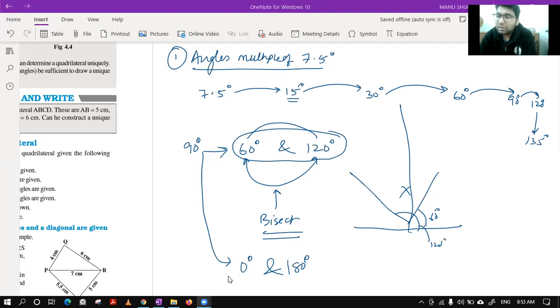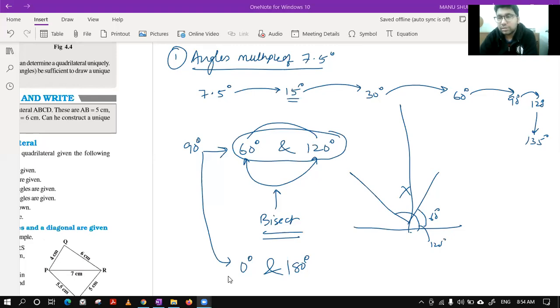Yes, Ananya, but the issue will come in making those two angles. You have to choose those two angles which are easy for you to make also. You can't take any angle. You can't go for 1 degree and 179 degree. It is not possible for you to make an angle of 1 degree and 179.